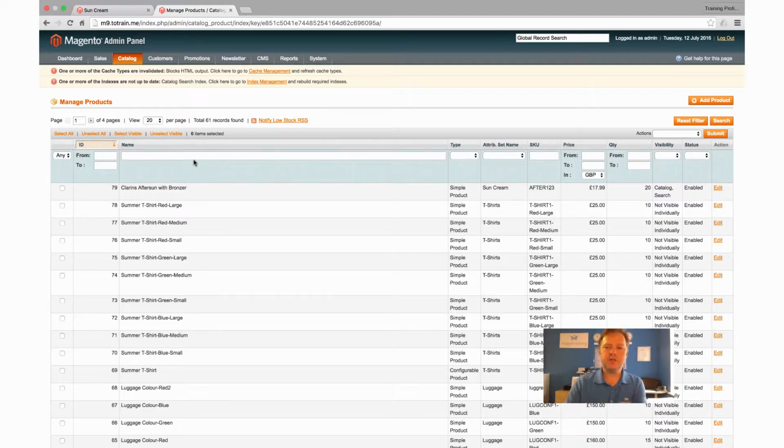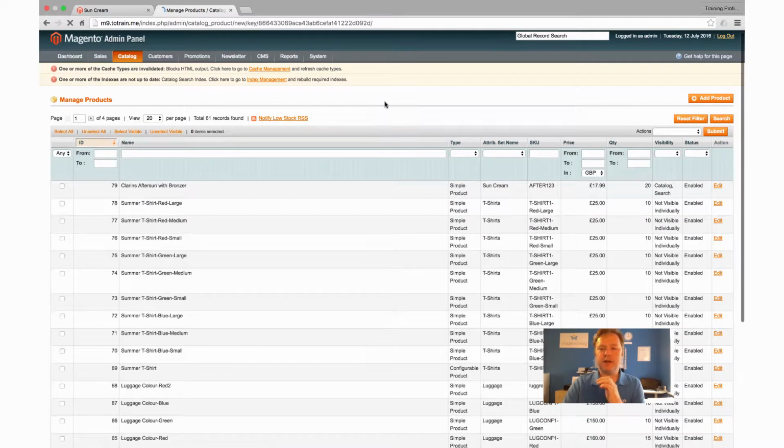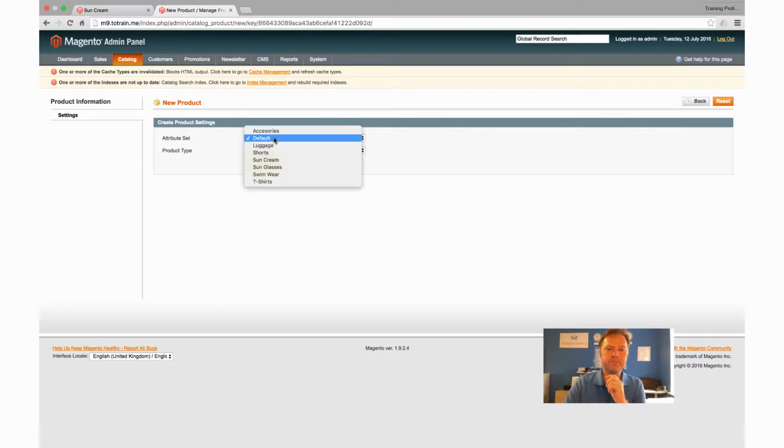So to start off with, I'm going to go into catalog, manage products, and then go over to the right hand side and add the product. First off, again, I get asked what the attribute set is. We're dealing with sun cream here, so the logical thing is to put it into the sun cream attribute